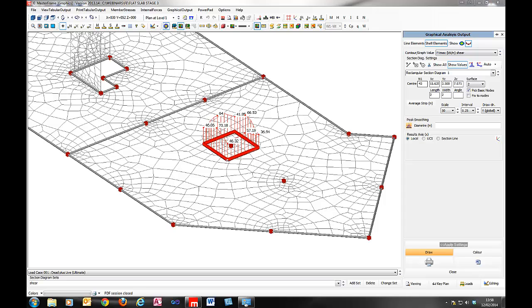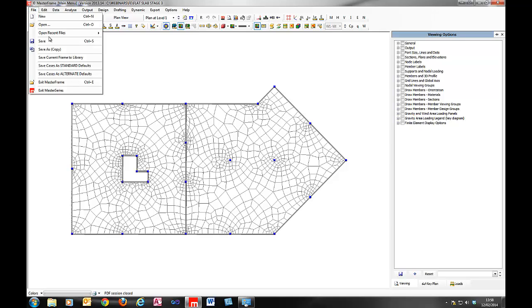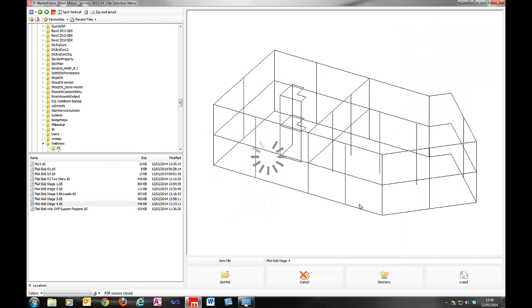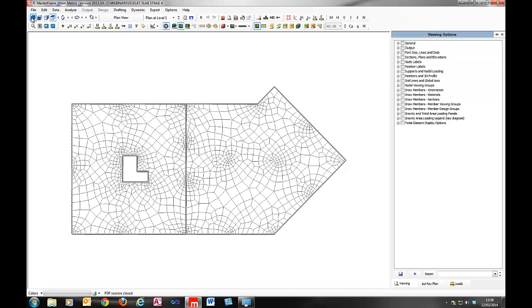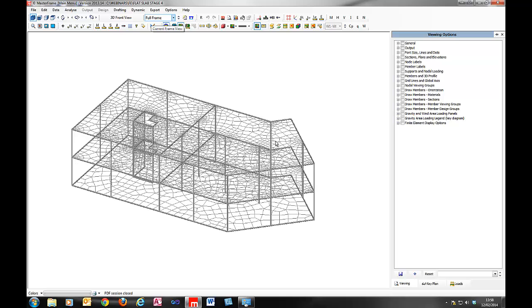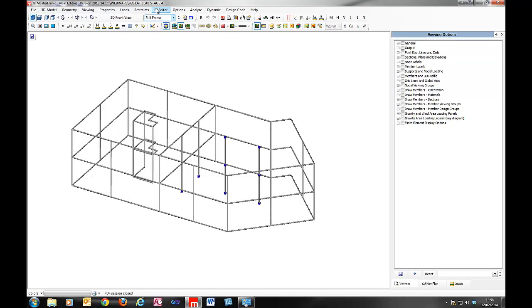Okay, a few other things we'll hopefully squeeze in before we close up on this webinar, and one of which is the modeling of a raft foundation. So I have another file here which has that included, and quite simply all that I've done is duplicate a level down to get lots of members around the perimeter, and created a third level of a finite element